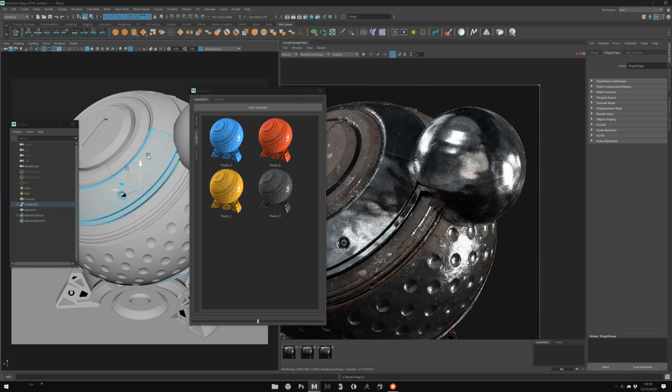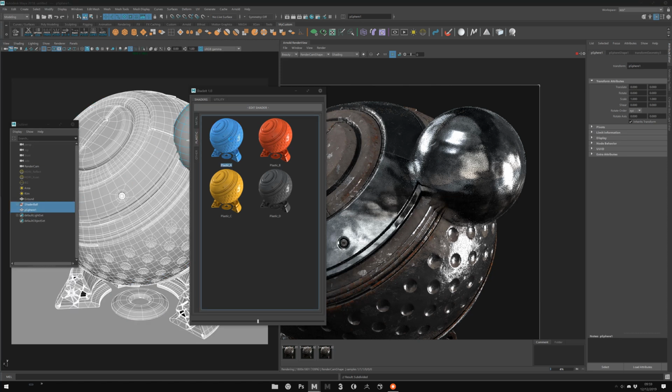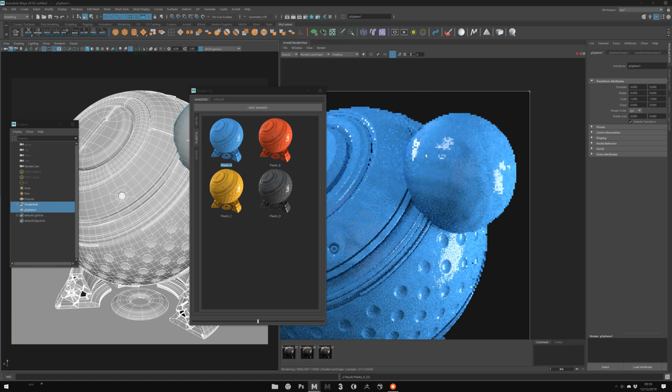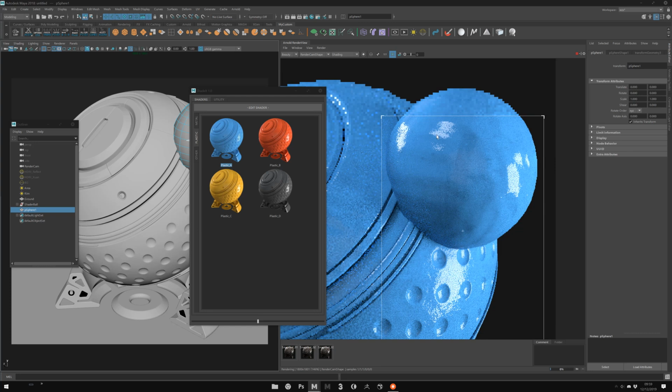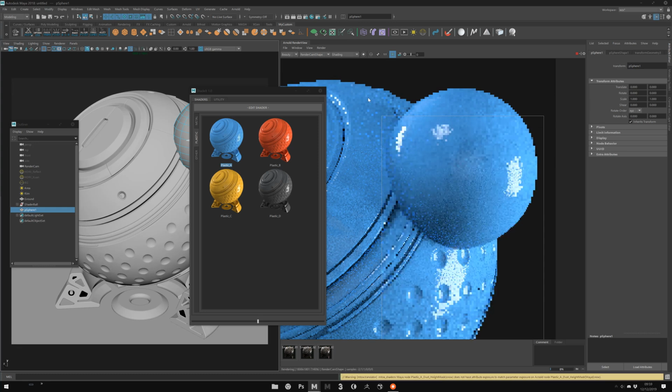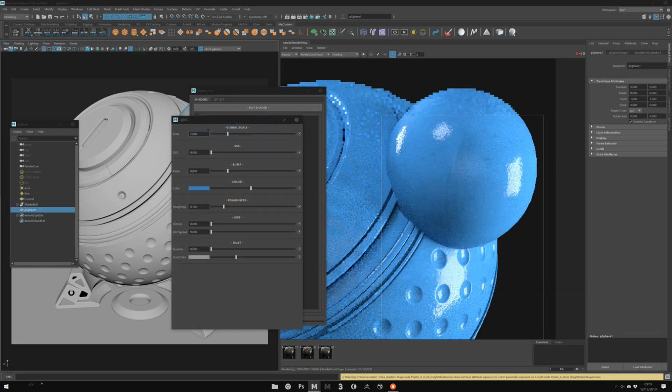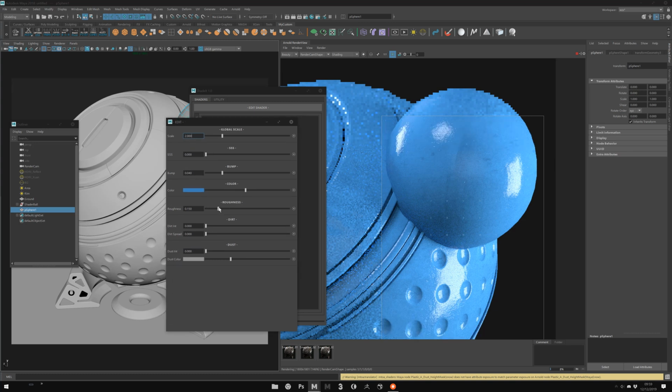Of course, to finish, we have the other one, the plastic. Here too, I will select all, make a blue plastic. Same thing here. So yes, here it keeps the displacement because of Arnold. You just need to update full scene sometimes to reset correctly the displacement. Okay, and the sphere, yes, is good. Edit, and now the plastic, you know, with its own parameters.